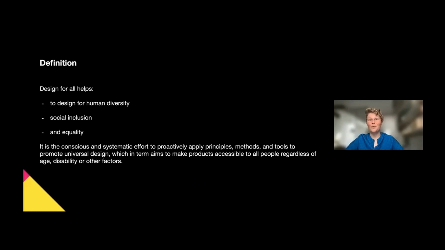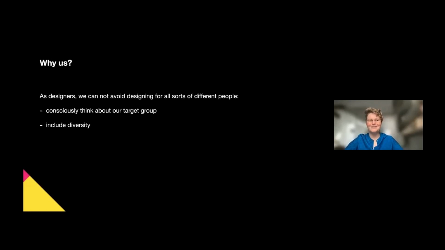but I would definitely like to start with a definition about what design for all actually is and what it does and why we should care about it. So design for all helps to design for human diversity, social inclusion, and also equality. And it is the conscious and systematic effort to proactively apply principles, methods, and tools to promote universal design, which in turn aims to make products accessible to all people, regardless of age, disability, or other factors. I promised this was the only dry slide that I have to offer for you,